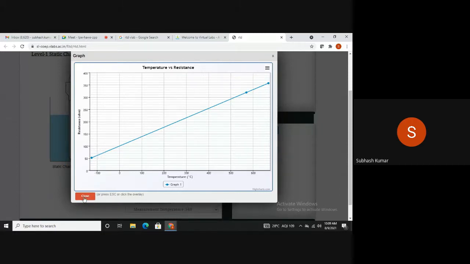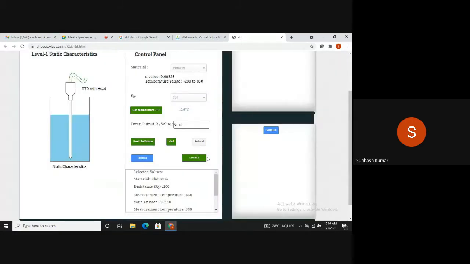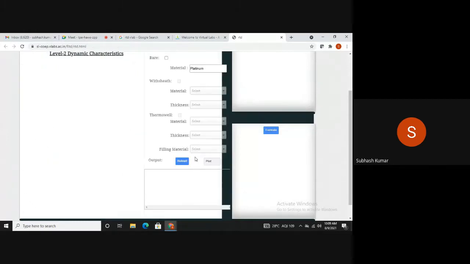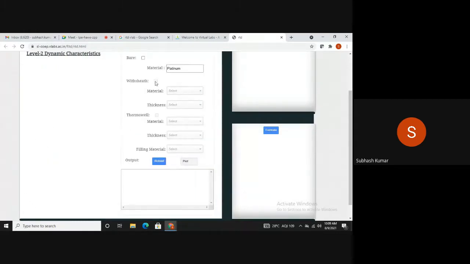Just close this, and we will go for level 2. In level 2, with seat bare, the time constant is 1.1 second, and you will get this automatically. As shown in the figure, the bare is the material, where the material is platinum again.